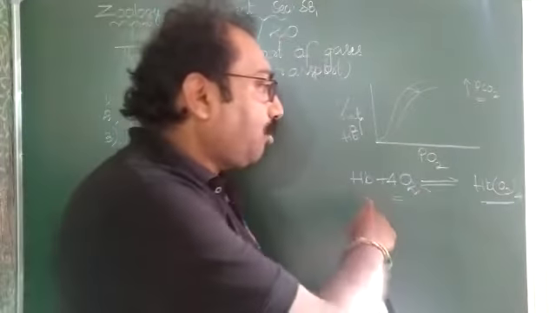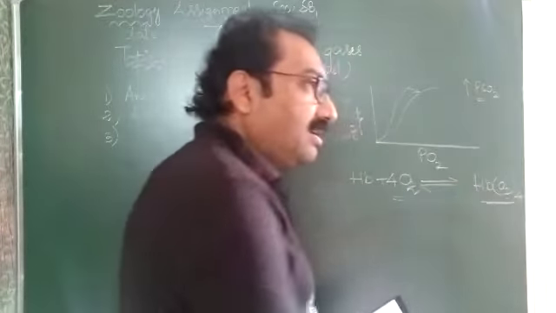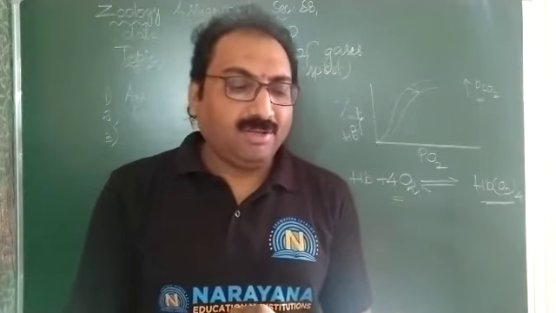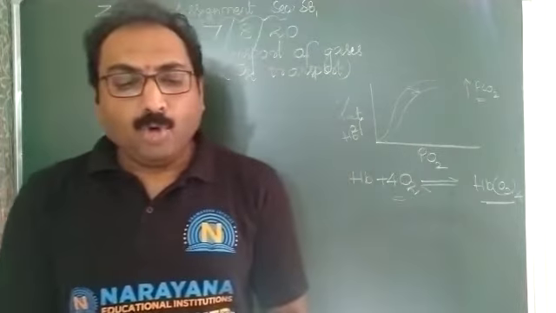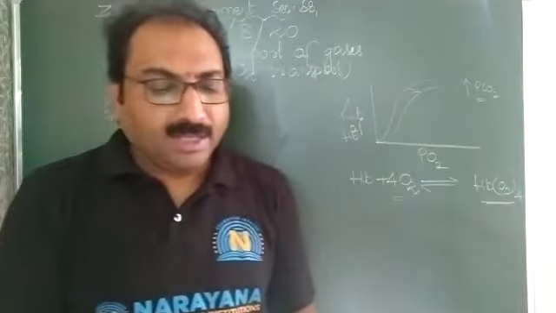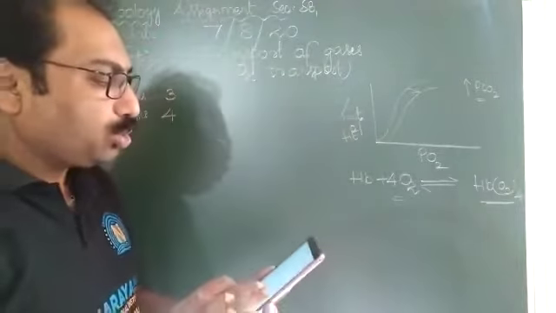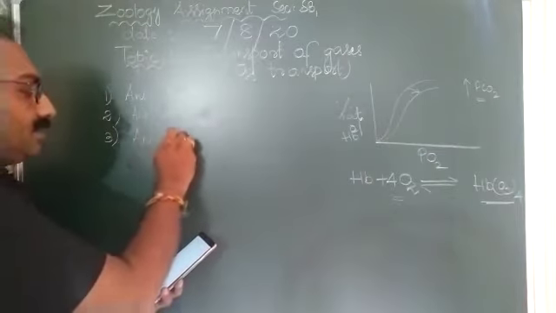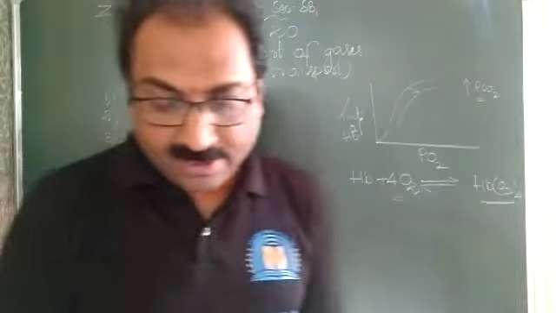That's why HbO2 taken 4 times is the formula of oxyhemoglobin. In this, the correct answer given is HbO2 taken 4 times. So the fourth option is the correct one. Next.